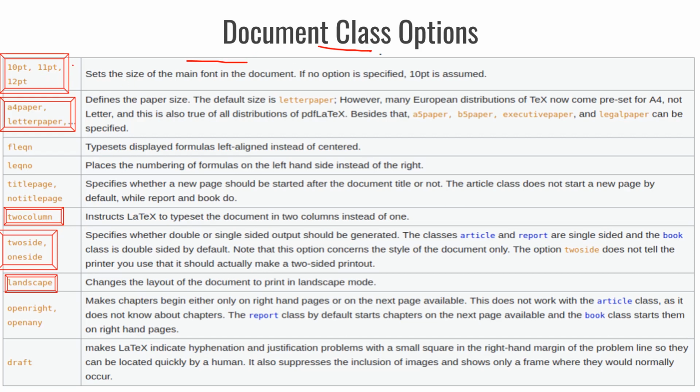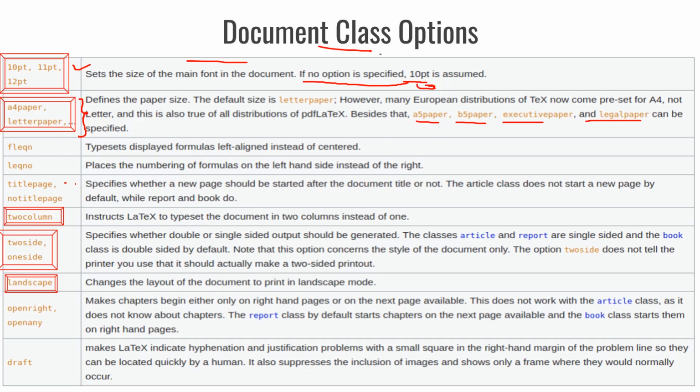As I told, there are only 3 font size settings available: 10 point, 11 point and 12 point. It sets the size of the main font in the document. If no option is specified, the default font size is 10 point. Two styles of paper are specified, A4 paper and letter paper. We can also specify A5 paper, B5 paper, and so on and so forth.